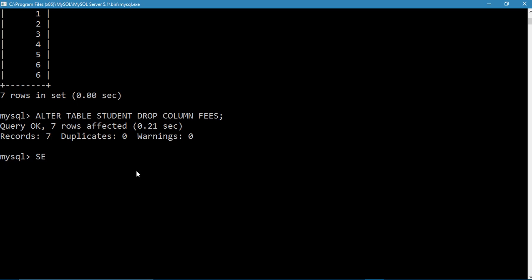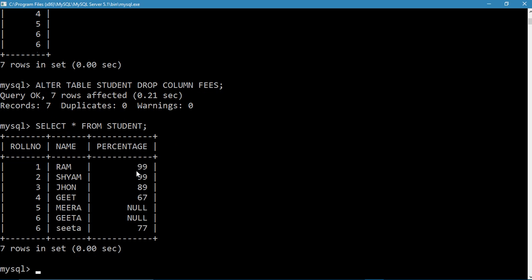So select star from student. You will find that particular column has been deleted. So next command is delete.